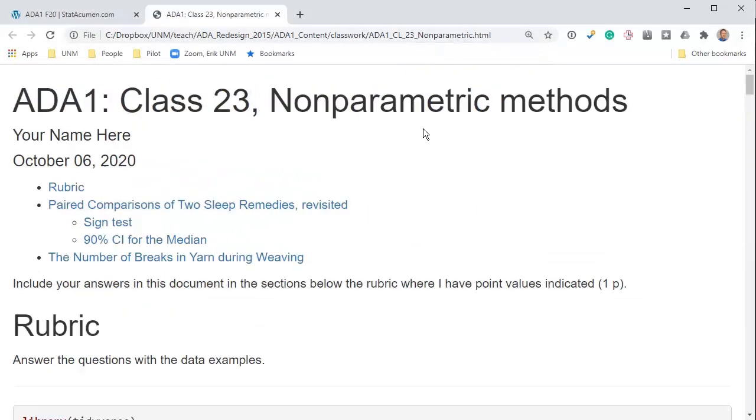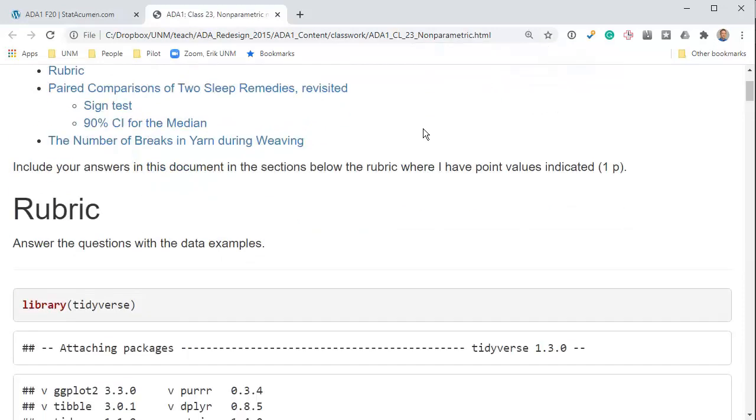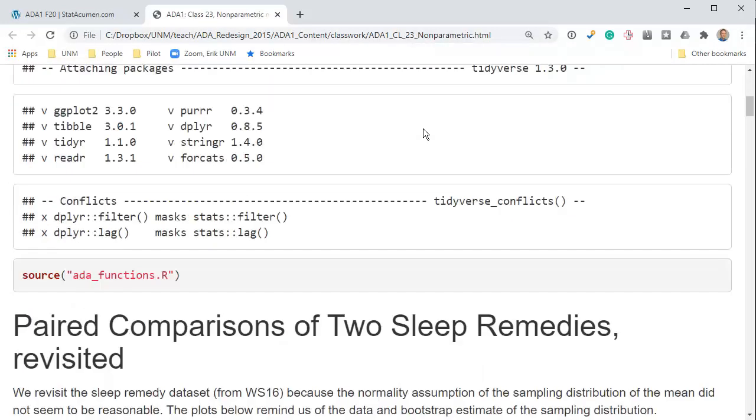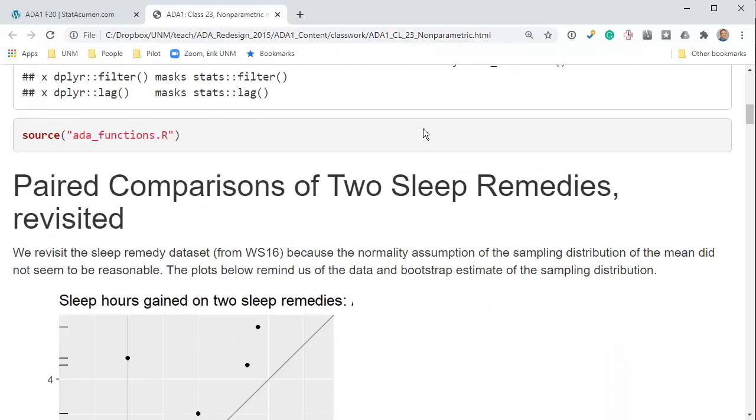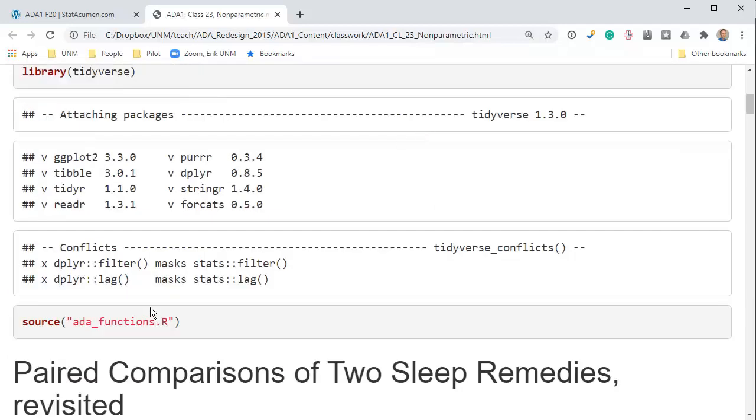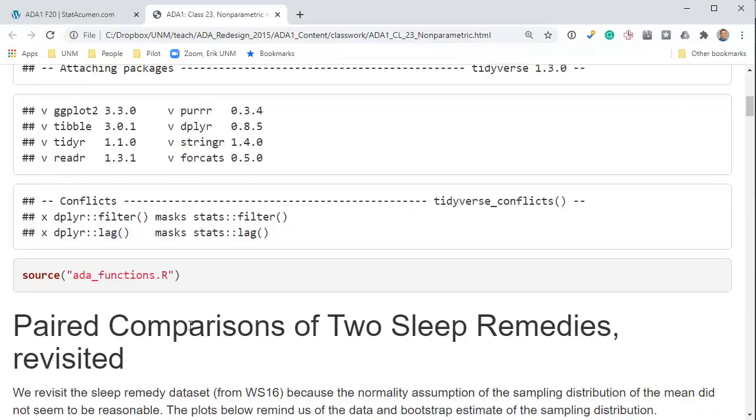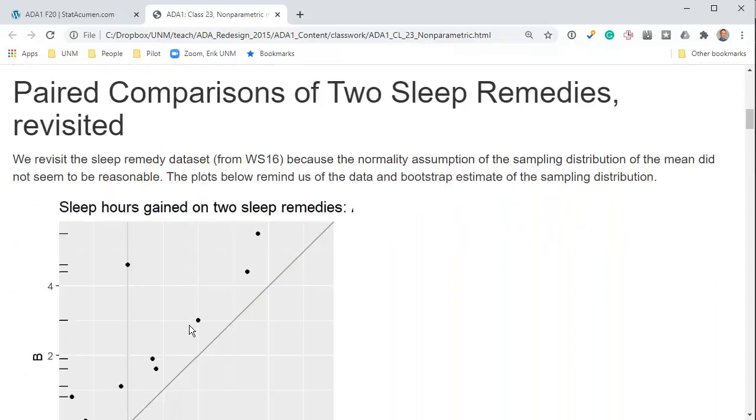We'll open this in the browser and zoom in a little bit. There are 2 parts of this assignment, and each part you'll answer in line with the rest of the assignment. I do source the ADA functions.r file for this assignment. All right, so the first part is some paired comparisons of the sleep remedies. So we've seen this data set before,